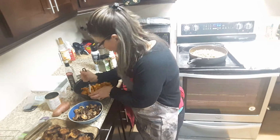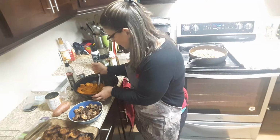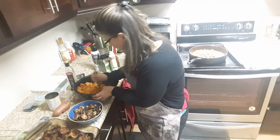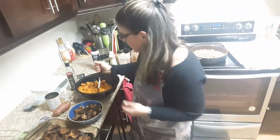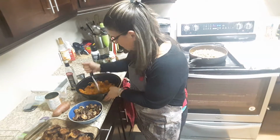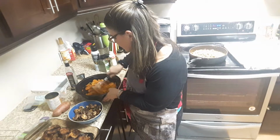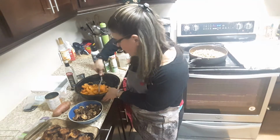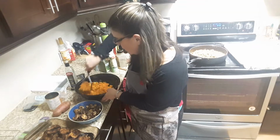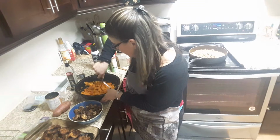And the great thing about this is it makes quite a bit. You can keep it in the fridge for about 4 or 5 days, or you can freeze it and it'll last up to 4 weeks. So this is going to be a delicious meal that I'm going to have for either my lunches or for my dinner. And the great thing is you've got all those delicious vegetables and high protein already in